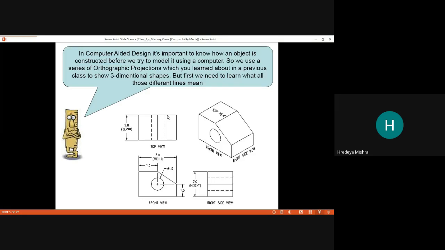We know the process of manual drawing. Only then can we understand the basic things about engineering drawing, and we are able to practice CAD well. So the things are simple.